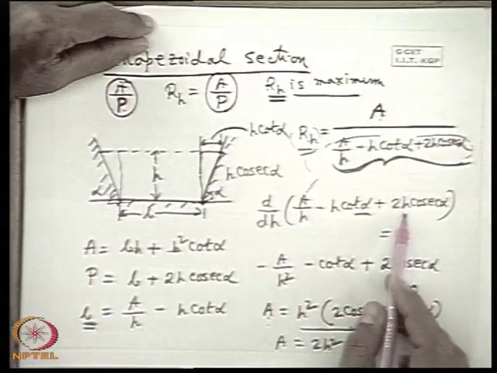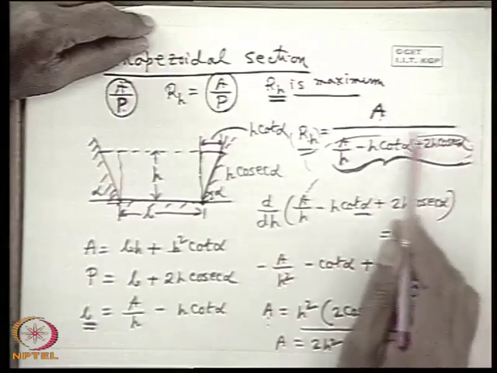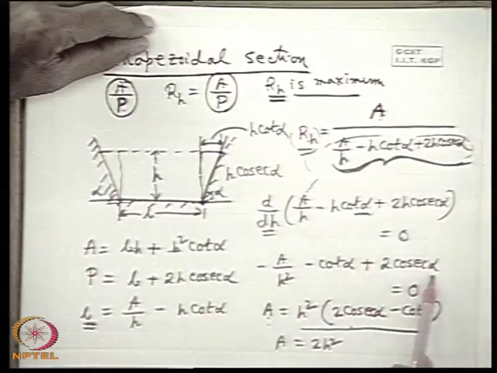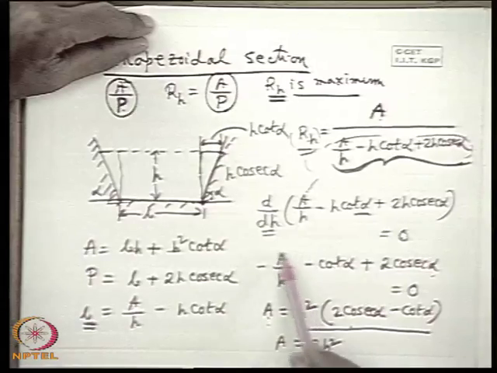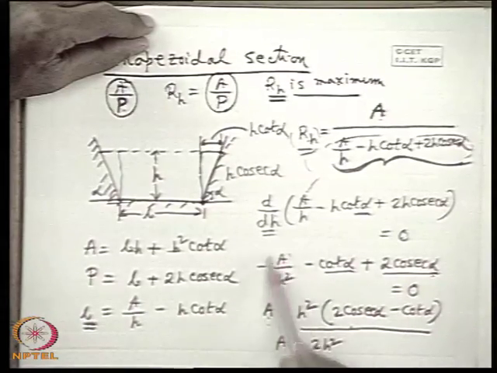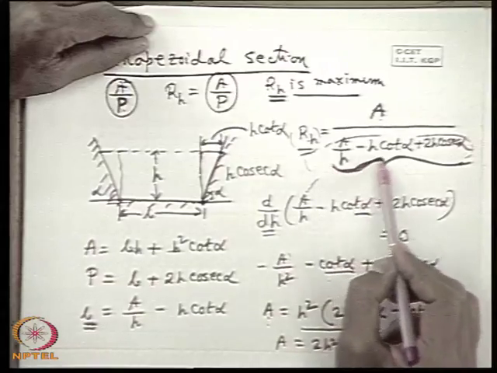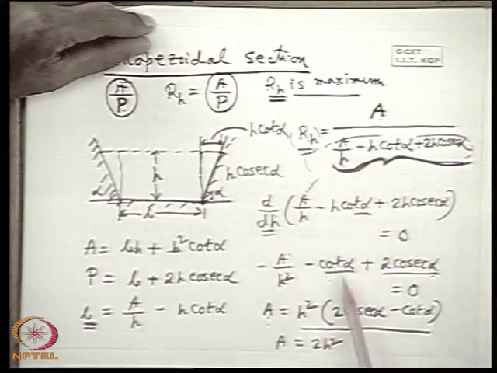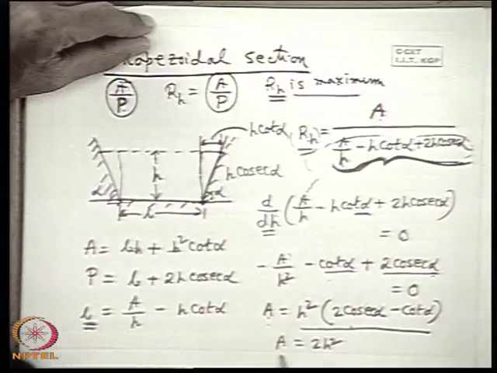One thing you must know: we have talked about the minimum of that. That is obvious because I have said the first differential is 0, and this is the first differential with respect to h. So the second derivative is obviously positive, because these two terms will not appear. This gives a positive term, which means this expression has a minimum with the variation of h. For h, this has a minimum only. So that is proved.